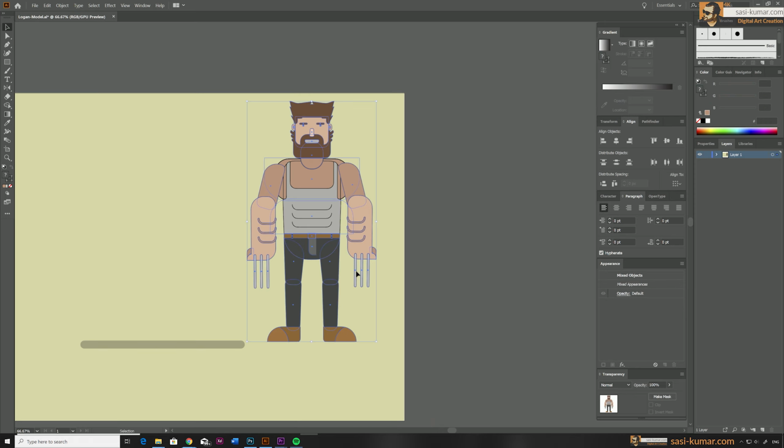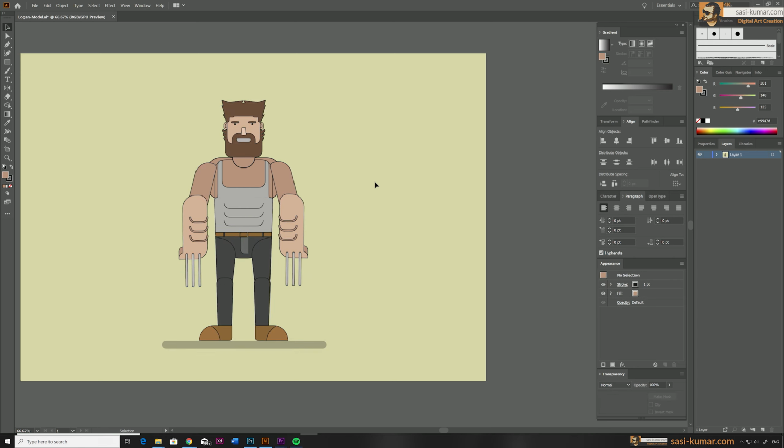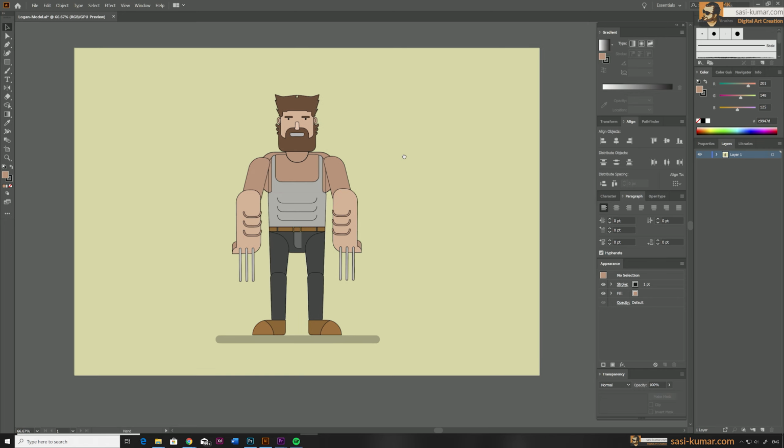Now we need to arrange these layers properly so that we can rig them in After Effects. This step is really important. If not, you won't be able to do it properly in After Effects. Create a new layer in here and name this layer head. Now select the parts of the head and move that to the head layer. Now we are going to do the same for all the other layers as well.